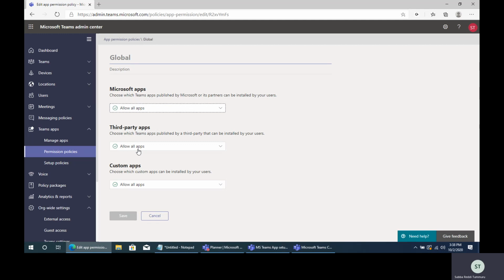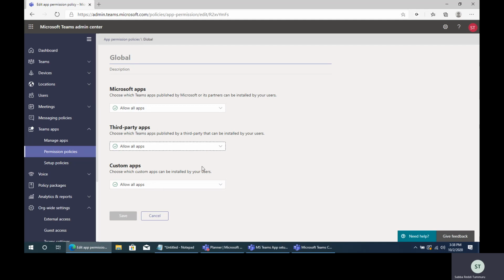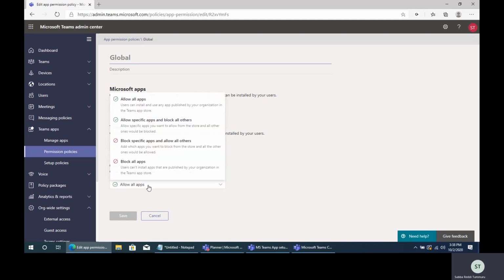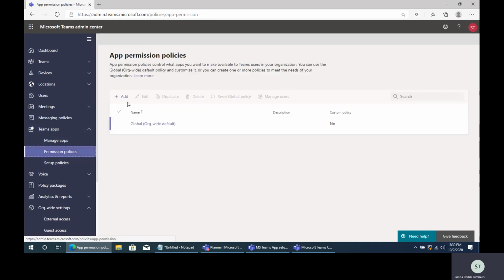And in the same way, if you go to third-party apps, you can define the same settings. What are the settings you want to define? Whether you want to block all, allow specific, or allow some and block specific apps. So you can define those logics here. And for the apps which are developed in your organization, you can allow all the apps which are published, or again the same setting will be there. But whatever the case I explained on the initial page, right? For example, let me just